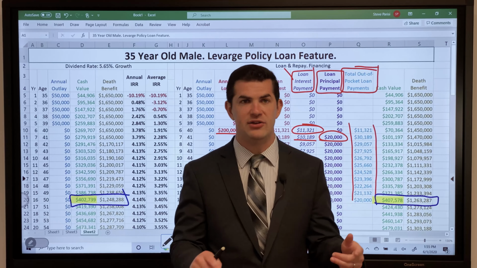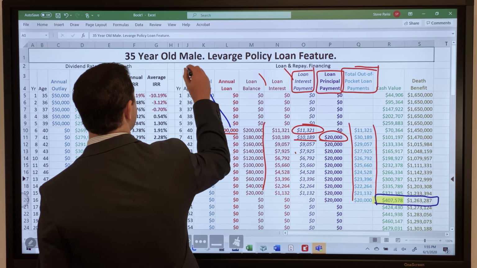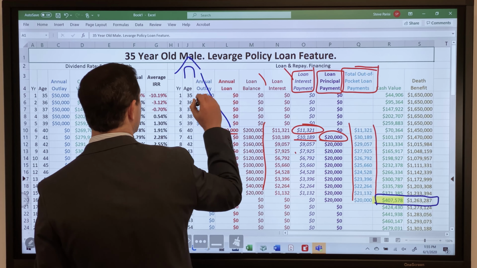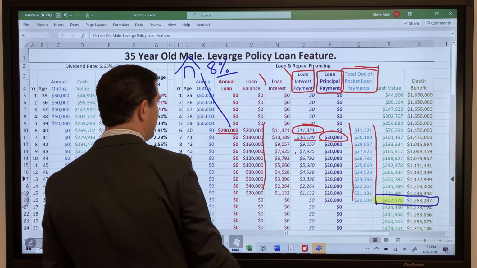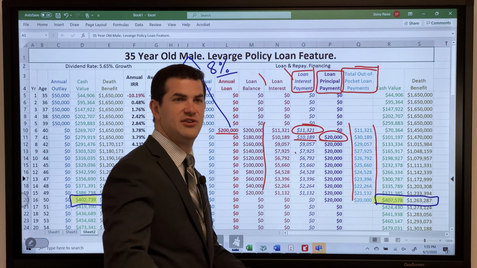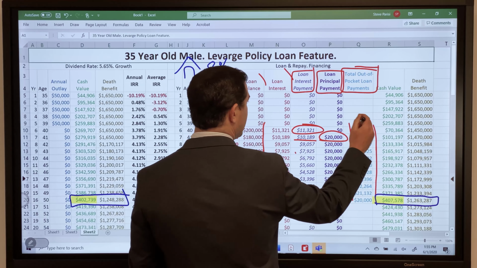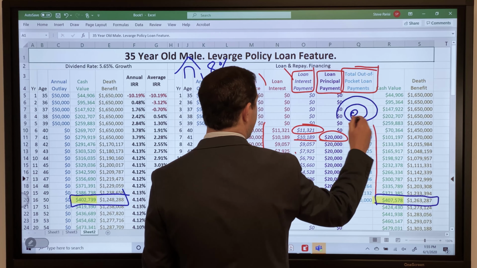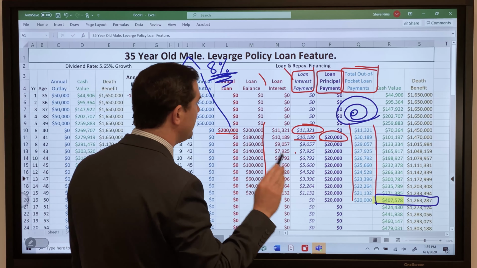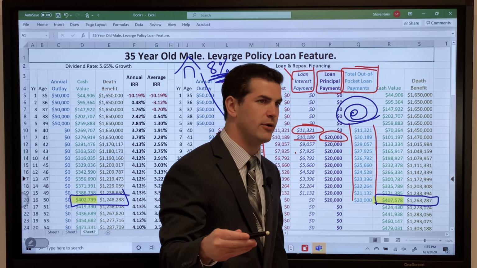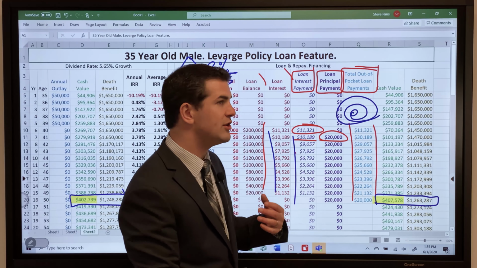Point being is we took that 200K out. Perhaps we used it to invest in property or in our business. Maybe that was producing 8%. If it was our business, maybe it produced 80%. Our business is usually our best rate of return. Point being, money stayed at work in here, kept on compounding, while at the same time we leveraged it to yield a rate of return elsewhere. Yes, we did have the loan interest expense as well. Always good to disclose that.